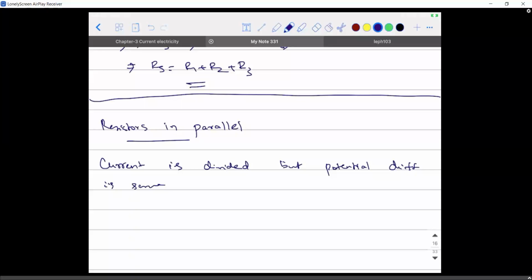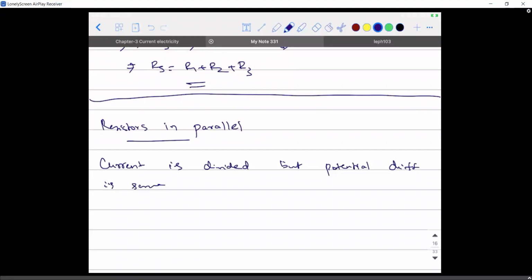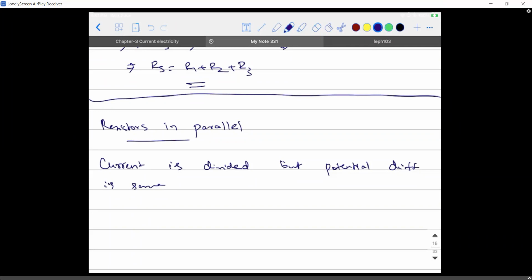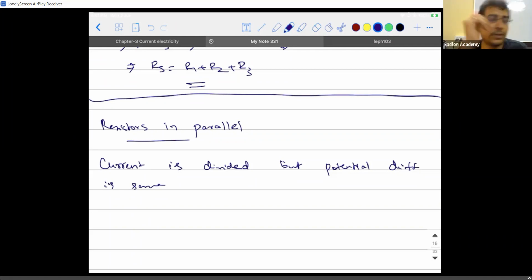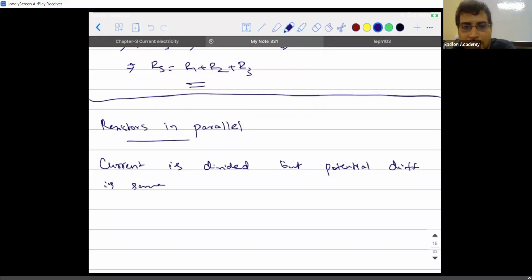Different appliances need different current. Is that the only thing? If we connect them in series, then the current will be used up by the first appliance and the second would get less. So that can also happen, right? Similarly, if one appliance is damaged, the others will also stop working.